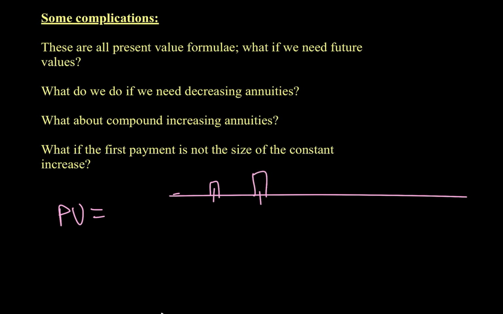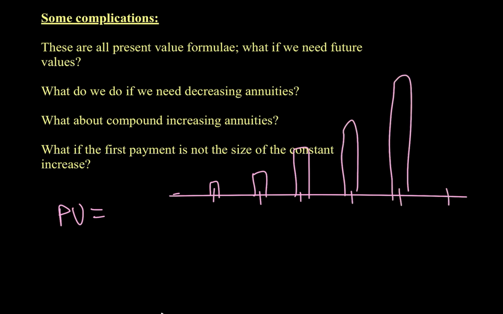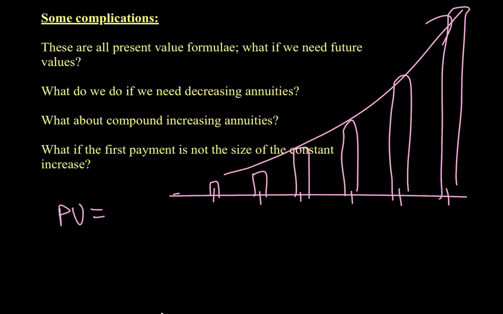Then the second payment is slightly bigger, the third payment slightly bigger than the last one, and it keeps getting increasingly large in a non-linear fashion. So very much a compound increasing, exponential fashion. So we don't use the normal increasing annuity formula, and instead we incorporate this growth rate of the payments into